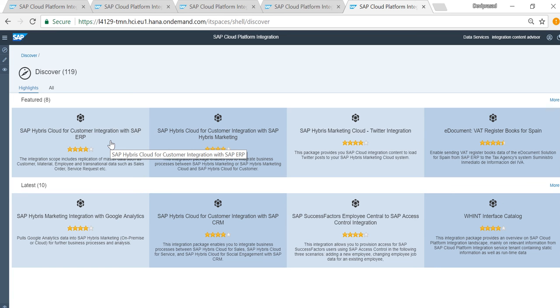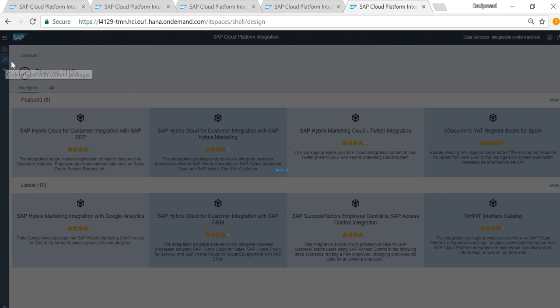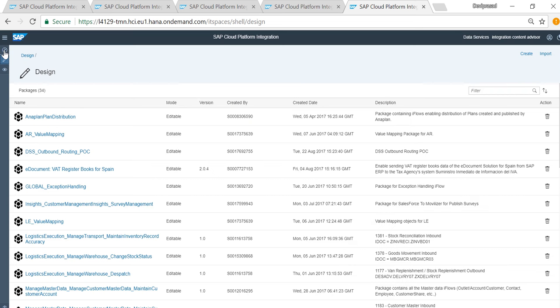See here, the various cloud systems integration, everything can be bundled as a number of iFlows, and we can use those iFlows for different activities. For example, one is for purchase order creation, one is for purchase order response, invoice creation, different functionality, all together in a package. Next, in the Design phase, you can create your own iFlow, and if you want to reuse, in my case,